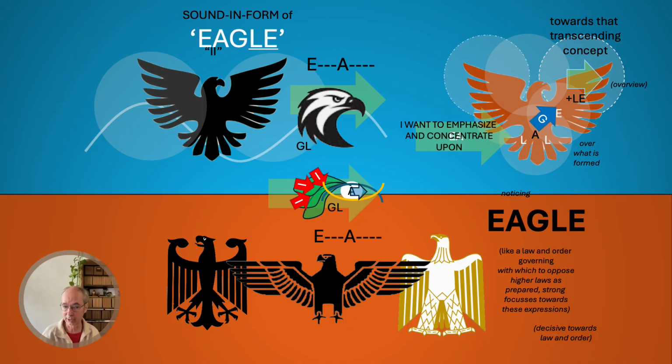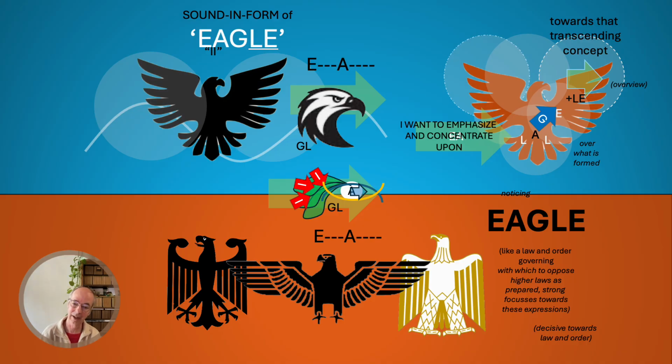And so it's not strange that these eagles were used more often. Like here you have these two German eagles, you have here an Egyptian eagle, which are all associated also with that law and order and that governing, which will also have that extra focus to pay extra attention to higher laws, as well-prepared, strong focuses towards these expressions related with these higher concepts. Nevertheless, with that eagle eye, keep your focus strong. Notice also what is needed to adapt there. So it is decisive